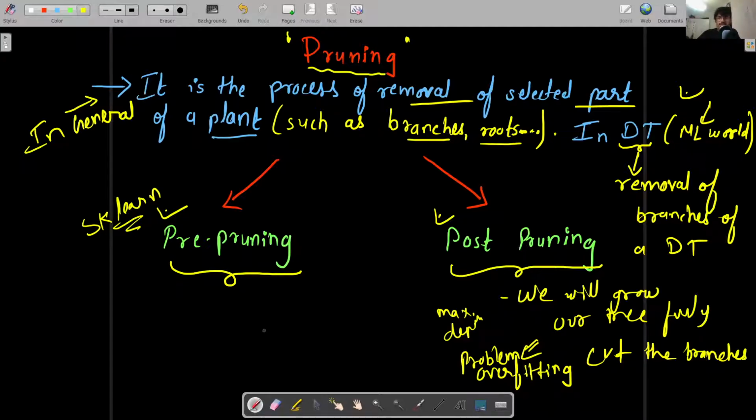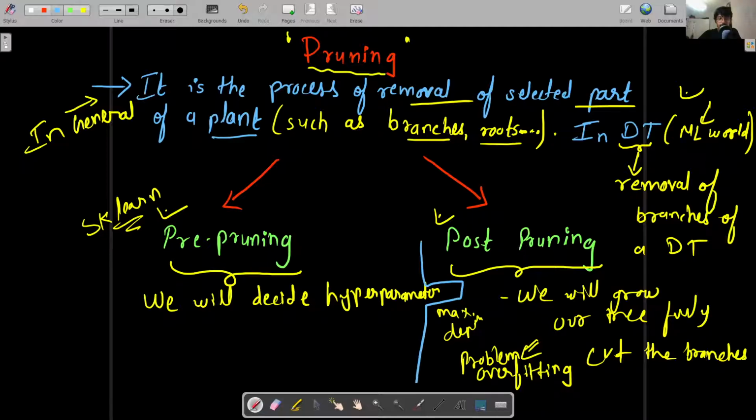As the name suggests, in pre-pruning we decide the hyperparameters first. We'll decide our hyperparameters totally, and then we will grow the tree.